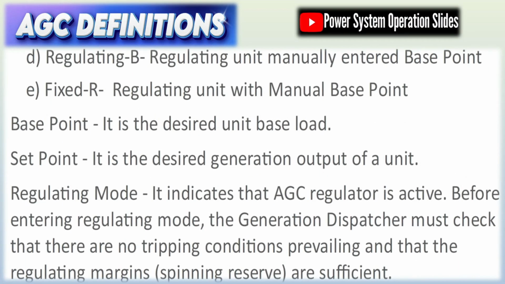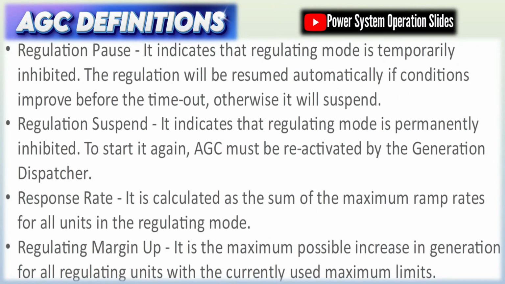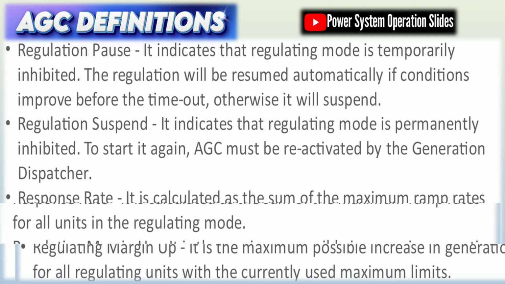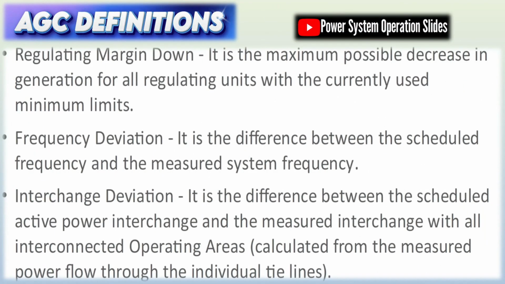There are several types of AGC schemes, including centralized control, decentralized control, and distributed or hierarchical control systems. Centralized AGC involves a single control center managing the generation of multiple units, while decentralized systems allow local control with minimal central coordination. Distributed control, often used in large or smart grid systems, integrates both local and central decision-making layers.